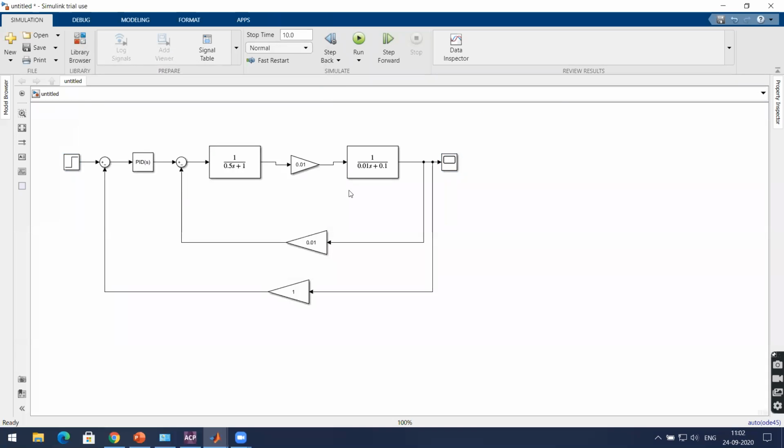We have mathematically modeled a DC motor. That is the first thing we did, and then we added a PID controller for the motor control. So this is the complete thing. It is the PID control of a DC motor. From here you get current, from here you get torque, from here you get omega.